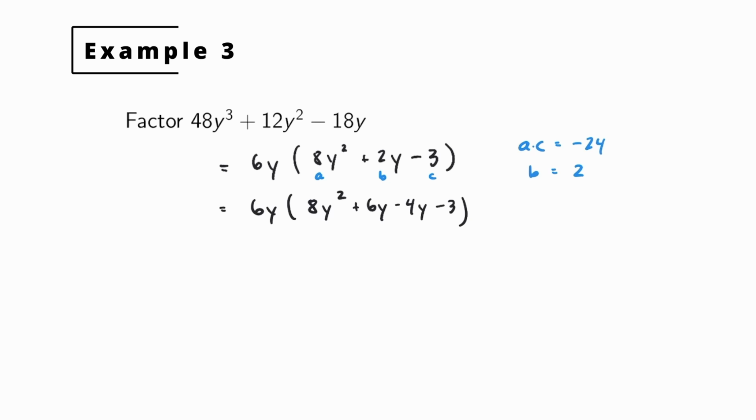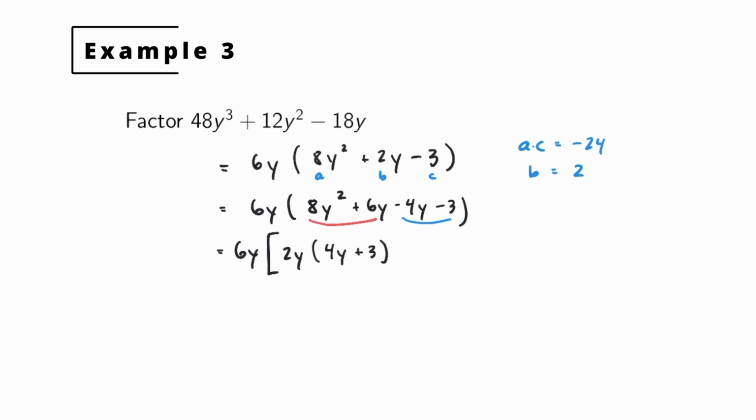And again, the order that I wrote these two does not matter. You'll still be able to factor it by grouping regardless. So now we have two pairs of terms, and we want to factor the GCF from each pair. So what we have is we have 6y still. Just keep copying that down. From the first pair, the greatest common factor is 2y. And once we factor out 2y, we will have 4y plus 3 left over.